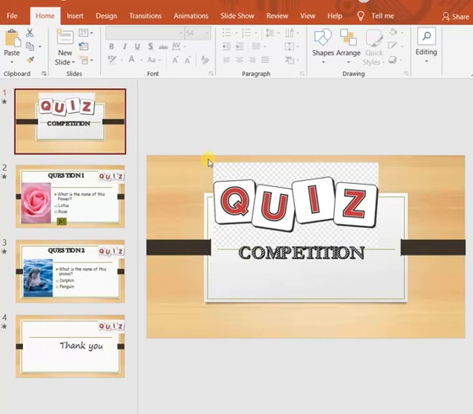So without visiting each and every slide one by one and making the same changes everywhere, you can change only the layout slide in the Slide Master view, and it will be reflected in all the slides of our presentation that are using that particular layout. So it makes our work easier and faster.